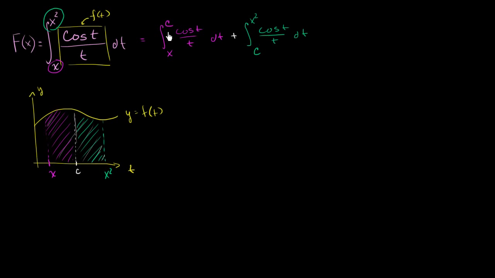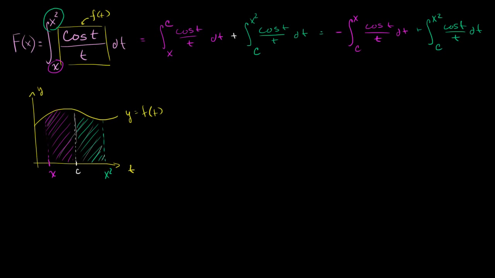And this is a form where, if we know how to apply the chain rule, we can apply the fundamental theorem of calculus. And this is almost in a form we're used to seeing, where the x is the upper bound. And we already know what happens: we can swap these two bounds, but it will just be the negative of that integral. So this is going to be equal to, let me rewrite it, the negative of the definite integral from c to x of cosine t over t dt, and then plus the definite integral that goes from c to x squared of cosine t over t dt.